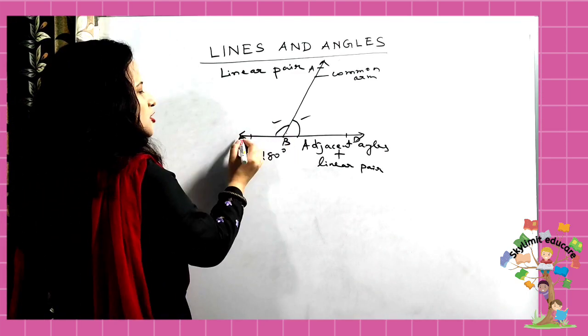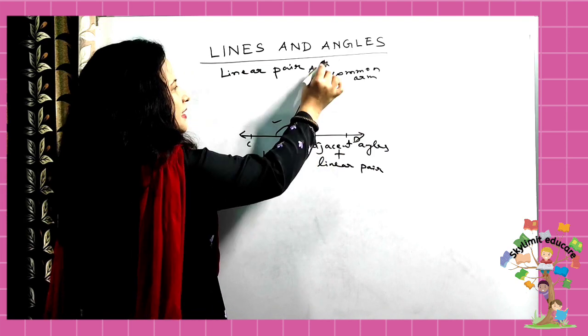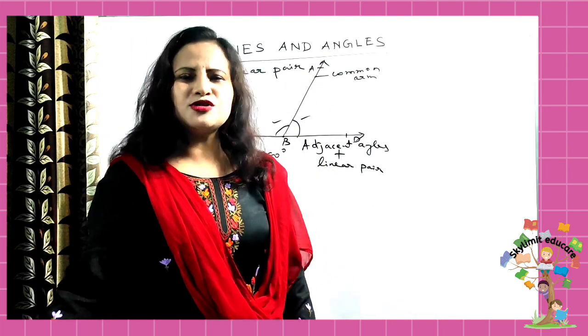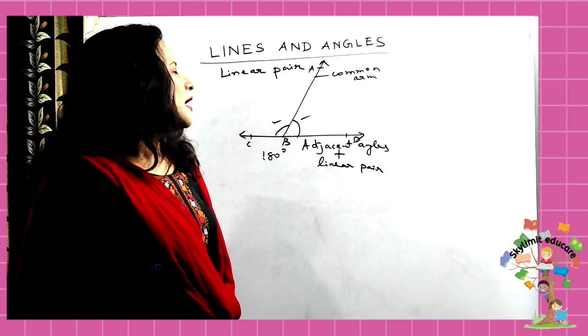Okay. These two rays should run in opposite direction. And the common arm is there. Okay. This is a common arm. AB is a common arm. Right. So for solving the question, students, you should have at least an idea of this. And apart from that,